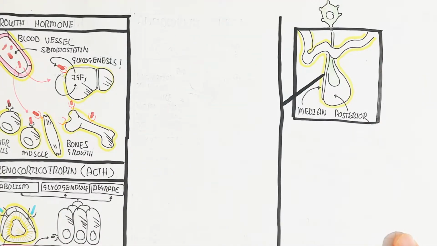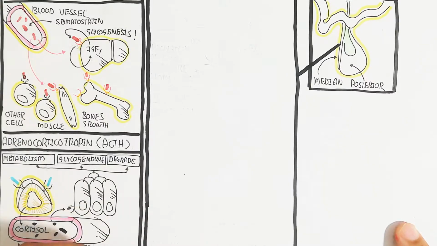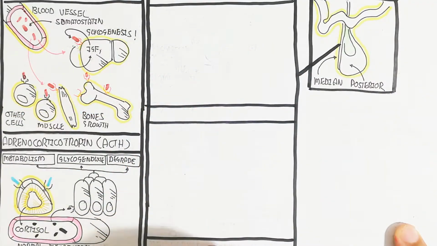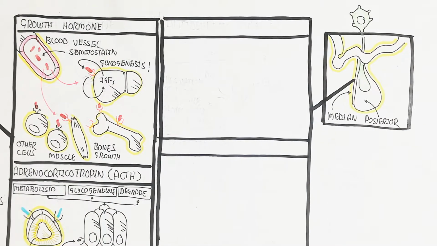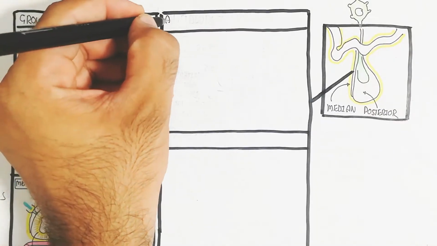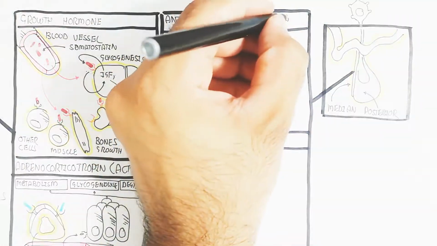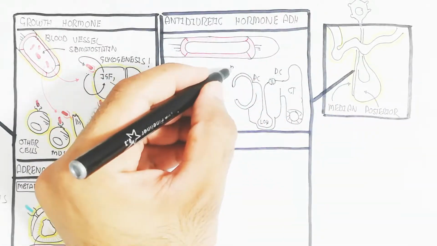So what is antidiuretic? Anti means against, diuretic means diuresis, which means urine. So it acts against the urine: the water will not be excreted too much, because of the prevention of dehydration. So remember, the antidiuretic hormone ADH is released from the pituitary gland, the posterior pituitary gland, and will